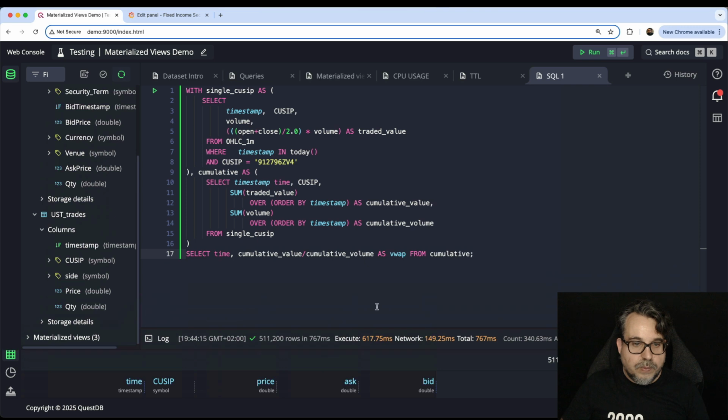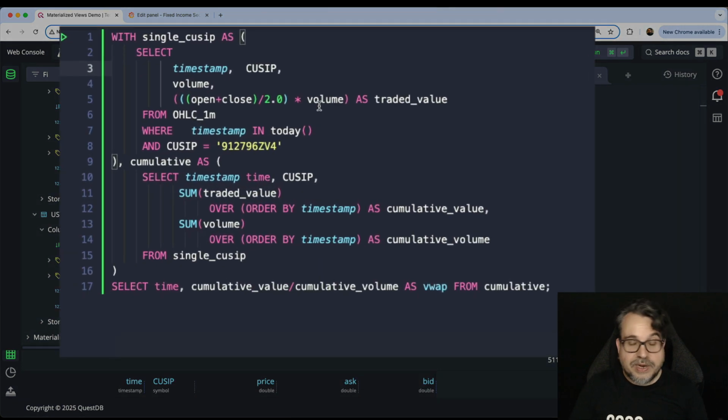So what I'm doing in this query, I told you earlier that it's not a good idea to use a materialized view in QuestDB with window functions or with some ASOF joins, because since we are only focusing on the data around the transaction we are ingesting, if your window function is defining a window frame which goes way in the past, it could be missing the rows and give you an incomplete, wrong result.